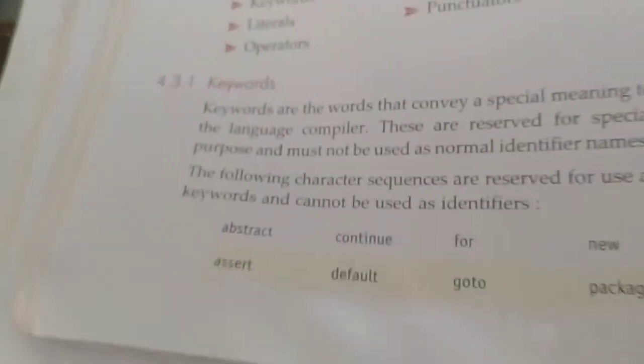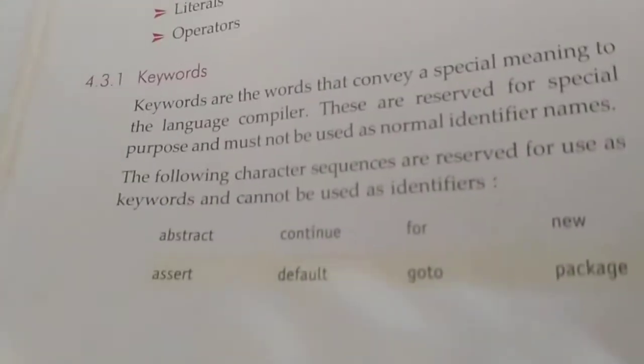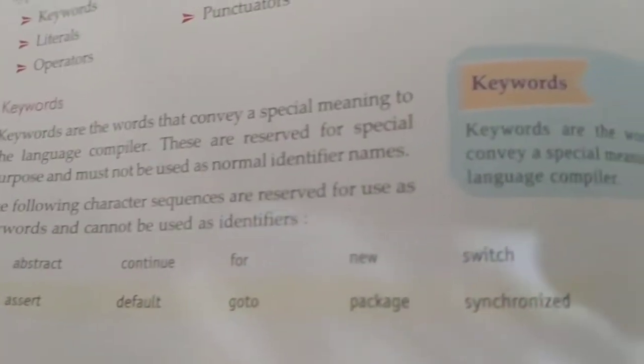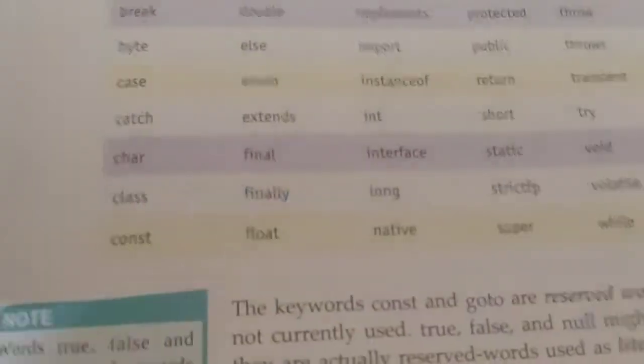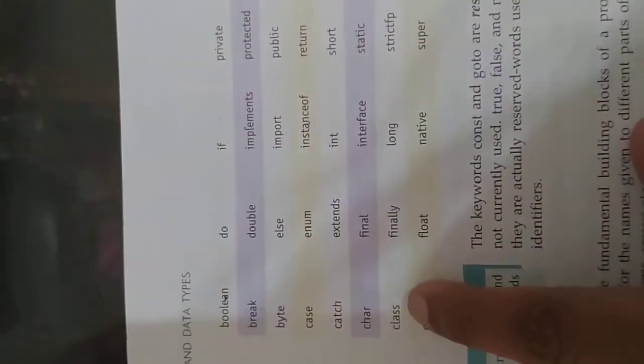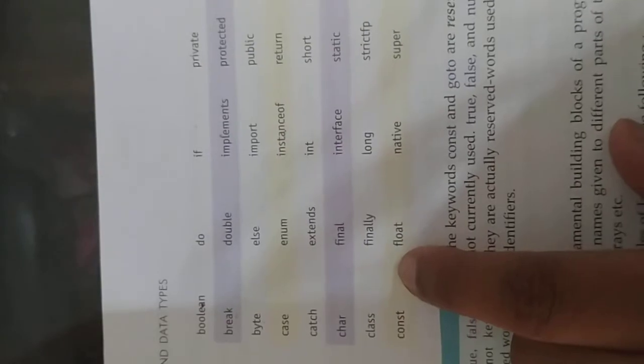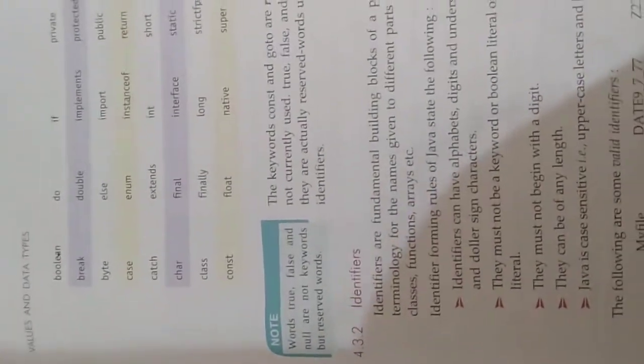Here they have given many examples for keywords such as abstract, continue, for, go to, package. As long as you go through this chapter, you will come to understand what these keywords are used for. And the main thing is class. You have already known what a class is, we used to write it in the program. And many things are there. You will learn this, don't worry, you will come to know what this is when you start the chapter. And there are some other words which are not keywords, but they also have a special meaning.